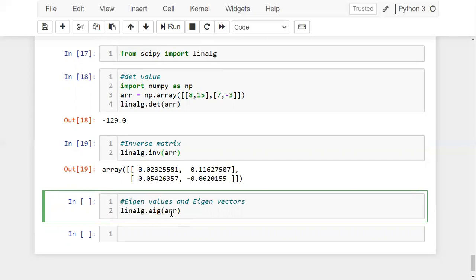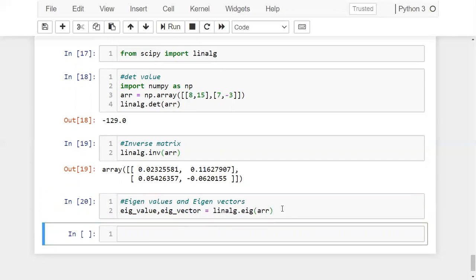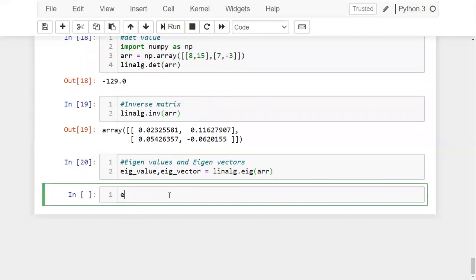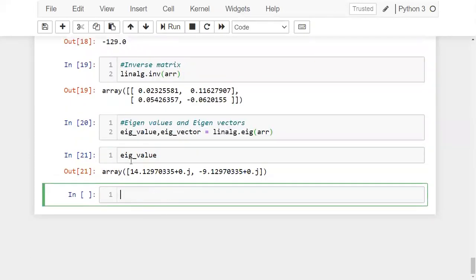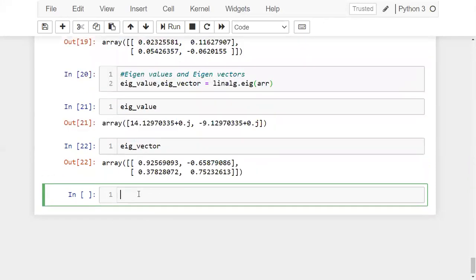Okay, let me take one variable as eigenvalue and I'm taking another variable as eigenvector. Okay, now try to run this. Now values are stored in your variables. Now when I display this, these are my eigenvalues. Okay, if I use this eigenvector, these are my eigenvector values.